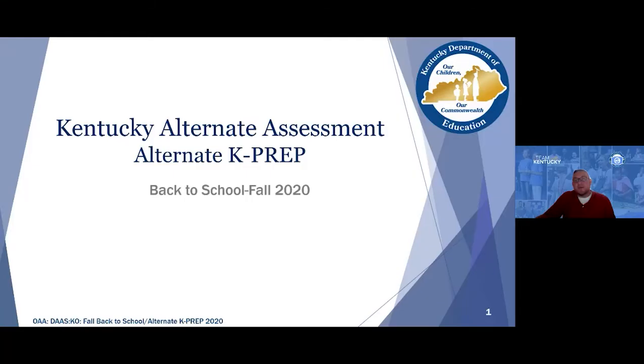As many of you are aware, the Kentucky Alternate Assessment makes up what is often referred to as the 1% population, or students with severe cognitive disabilities. That includes all components: placement, instruction, assessment, accountability, transition. I'm sure there's something I'm forgetting to mention. The alternate K-Prep makes up the assessment for our students via the Attainment Task and the Transition Attainment Record.